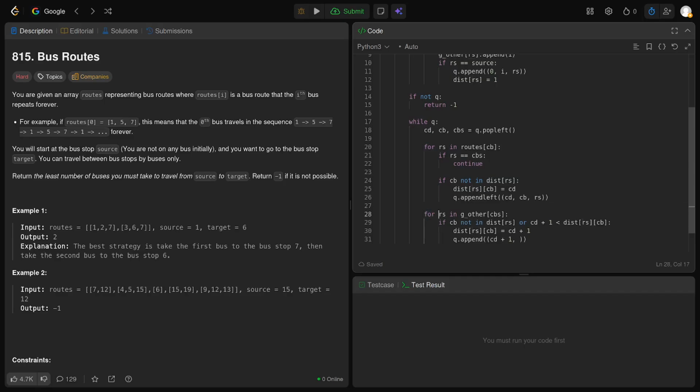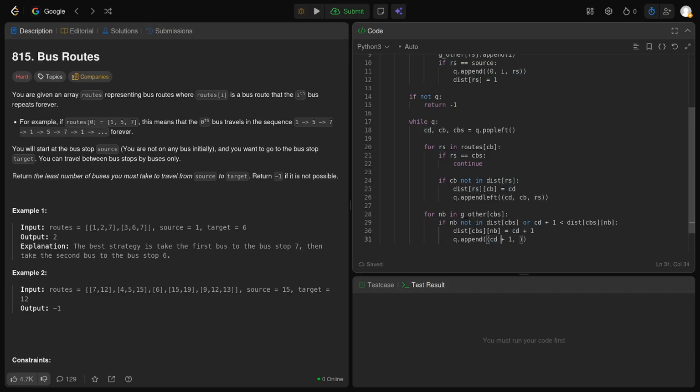No, that's next bus. And if next bus not in dist current bus stop or cd plus 1 is smaller than dist current bus stop next bus, then next bus